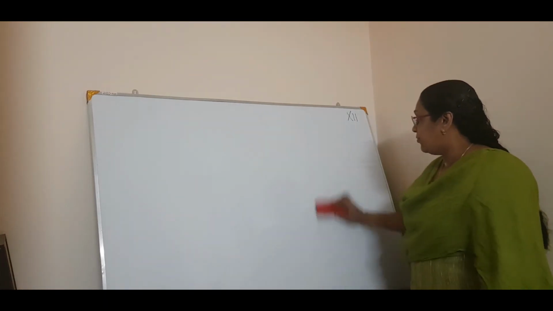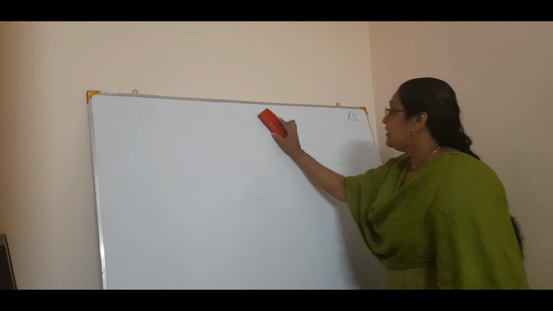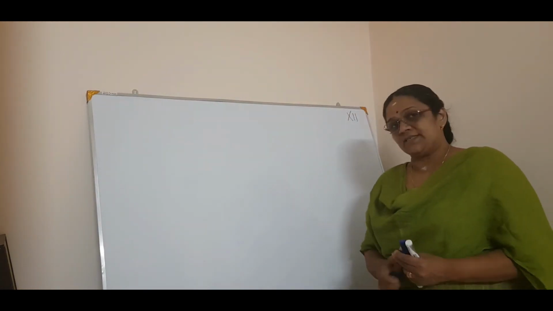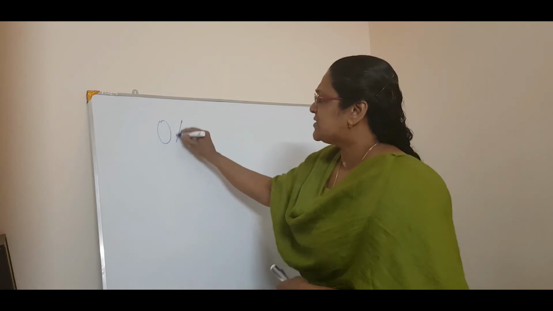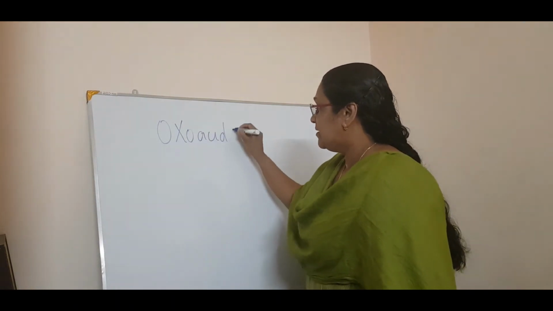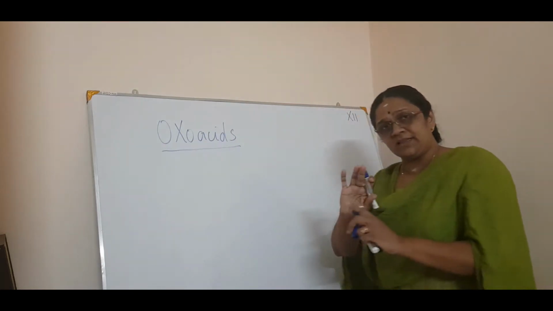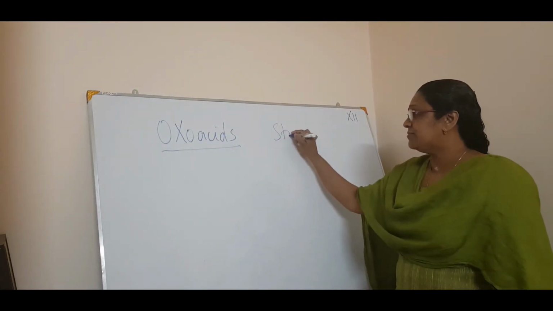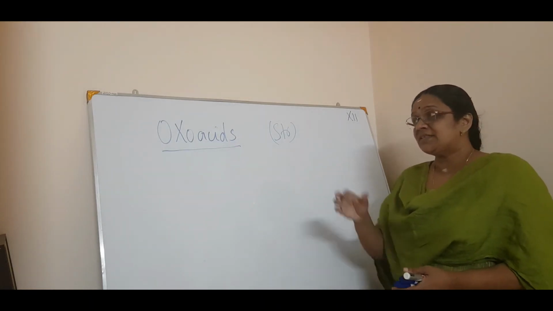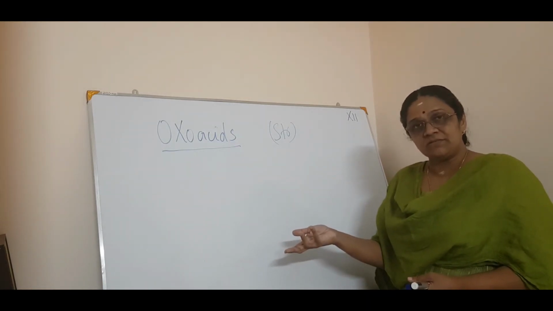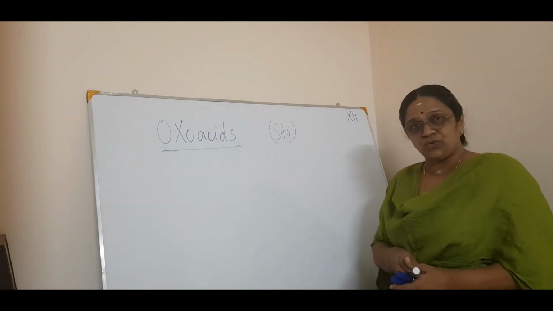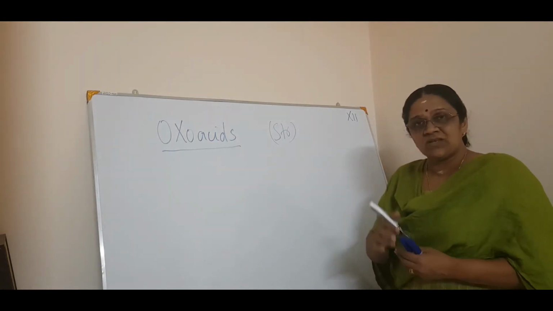Then, one more thing you have to study in sulfur is the oxo acids. Just the structure is demanded for these oxo acids. No preparation, nothing, only the structure. What do you mean by oxo acids? Sulfur plus oxygen plus hydrogen. Acid means it needs hydrogen also, and oxo means it needs oxygen also.